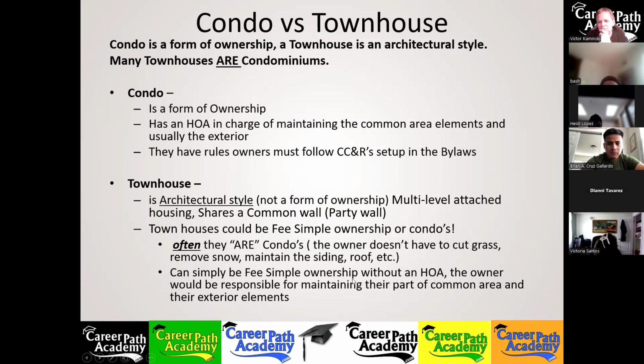How do you know? Well, you'd know if you bought in. If there's an HOA, it's a condo. Simply looking at the complex usually gives you no clue as to whether that townhouse is a condo or fee simple ownership. But like I said, when it's fee simple ownership, sometimes you could get a clue. Take a look at this next slide.